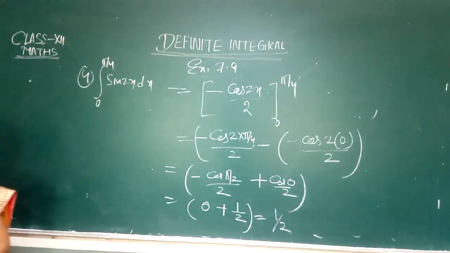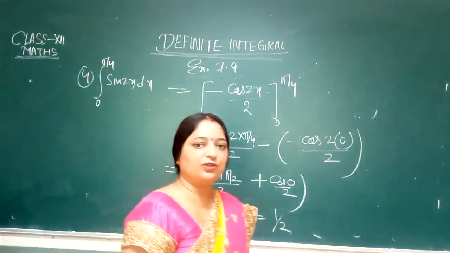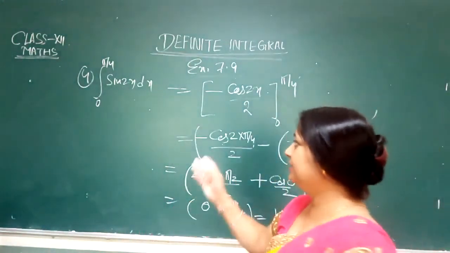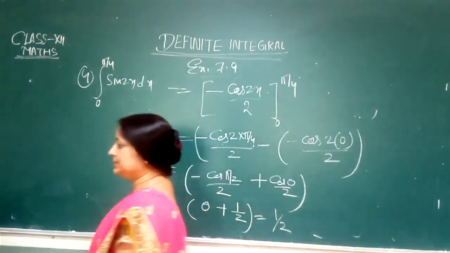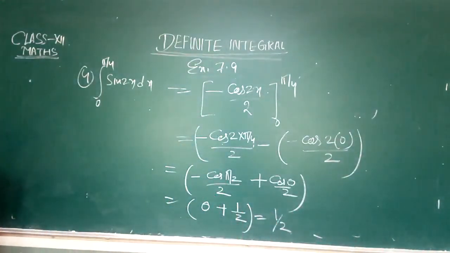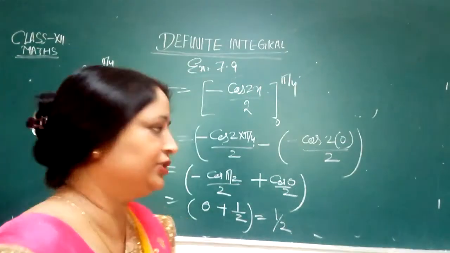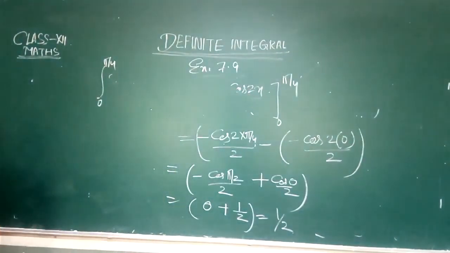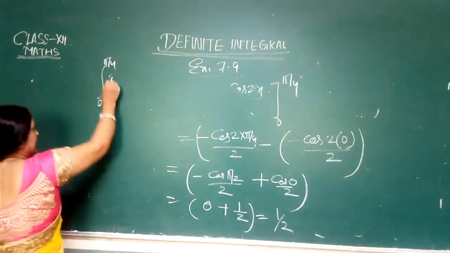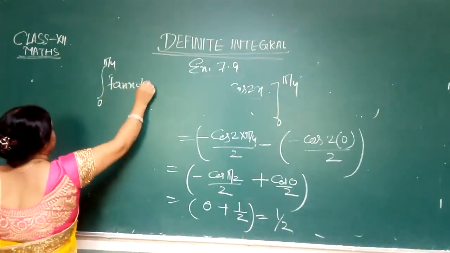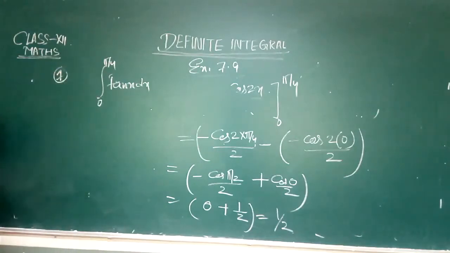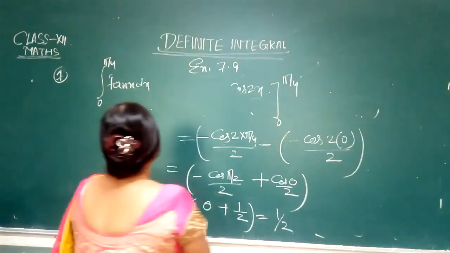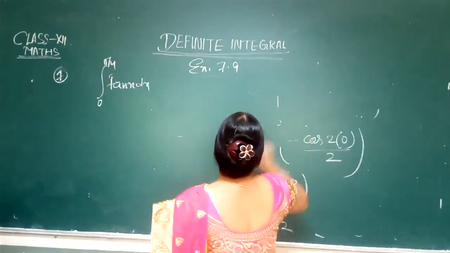After that, similarly question number 5, that is the integration of cos 2x with limit 0 to pi by 4. You can solve this. Now after that we will solve a different question. Now solve this one, that is 7th question, integration of 0 to pi by 4 tan x dx. This is question number 7. Now you can solve question number 5 and 6 easily. Now we will solve question number 7 here, that is 0 to pi by 4 tan x dx.